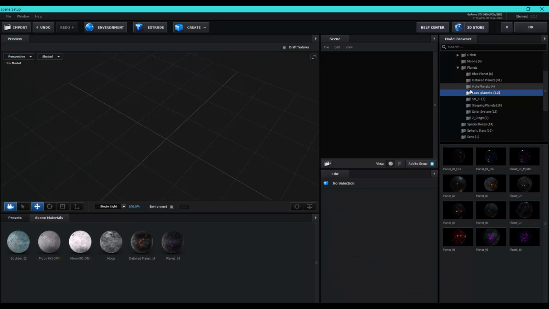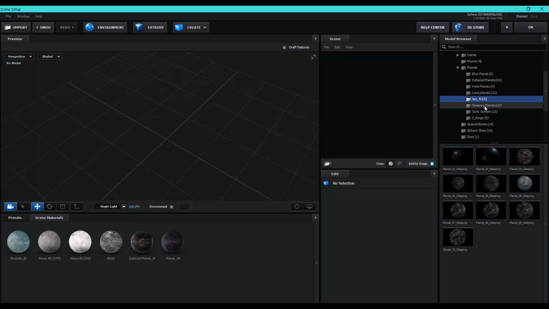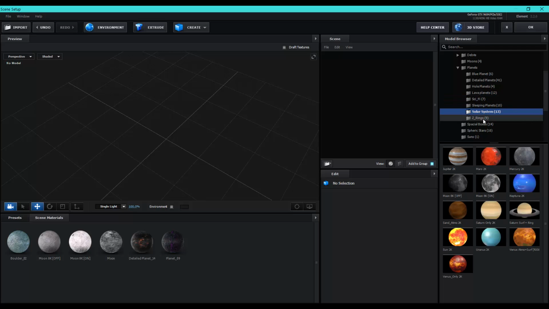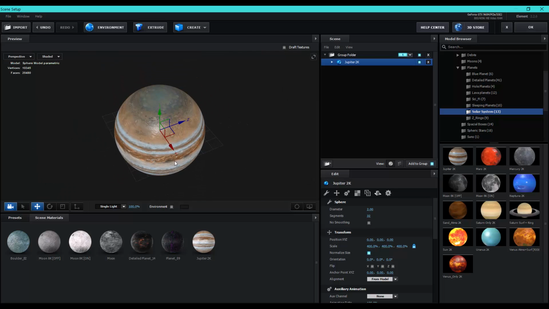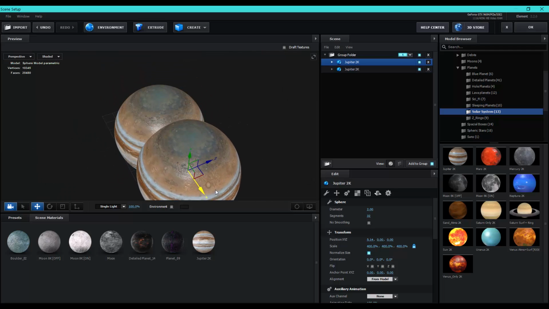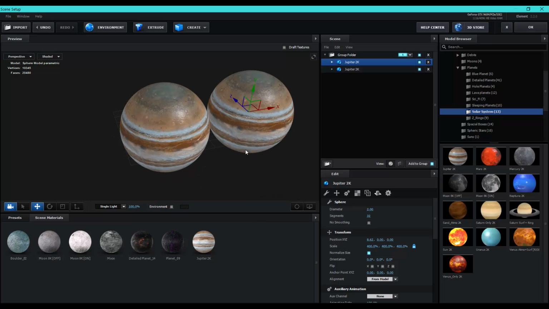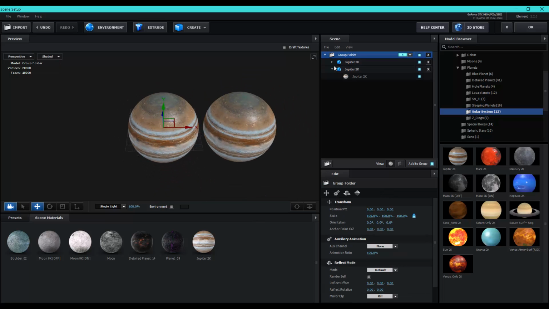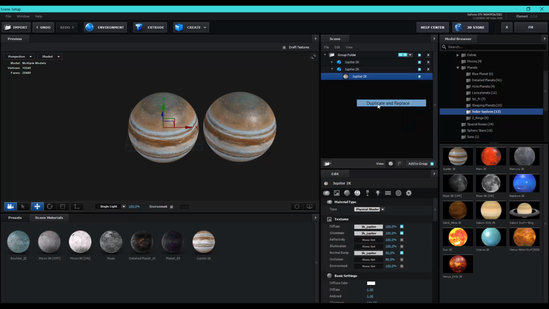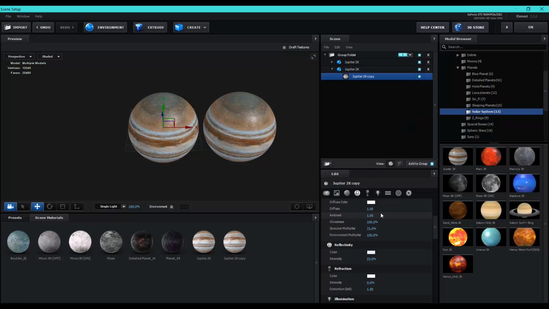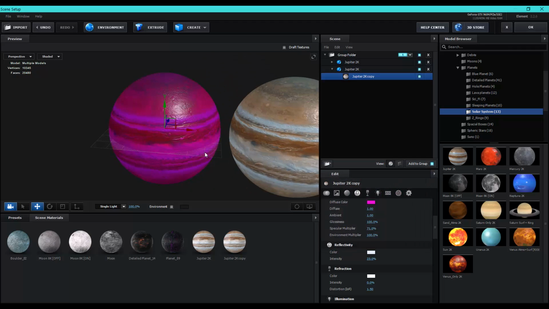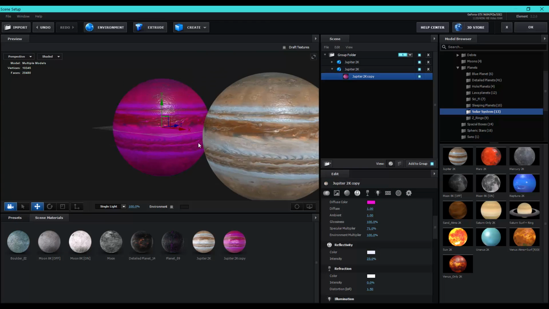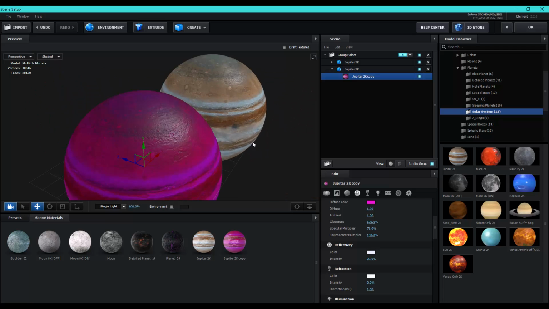Okay, so we have sci-fi and sleeping planets, solar systems, and you can duplicate, alt click and drag to duplicate. Let's replace, and duplicate and replace. Now you can change the color. So now we have these two different models.